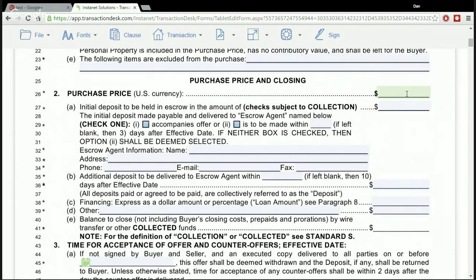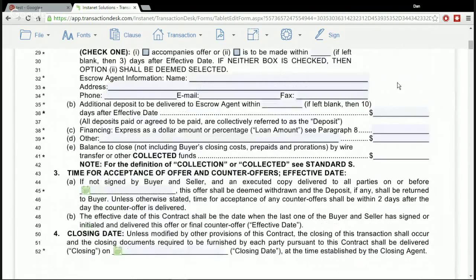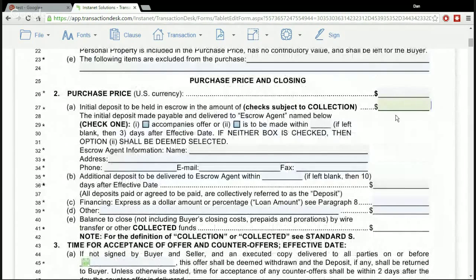So the line below that, line 27, this is where your escrow deposit goes. The amount of escrow. Your escrow is a good faith estimate from the buyer, demonstrating that they will do their best effort to perform their obligations under this contract. A good rule of thumb, although there's no rule that it has to be, that I like to use is 1% of the purchase price or $1,000, whichever is higher, the greater of those